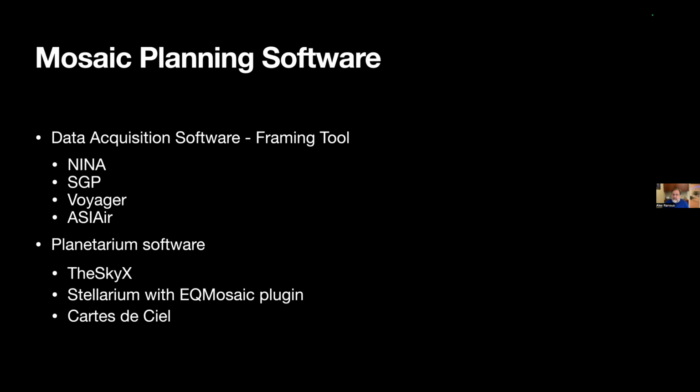I use NINA as my current imaging software. So I'm going to show some examples with that. In the past, I used Sequence Generator Pro. I think I did 1 mosaic with it, but similar kind of concept. They have a mosaic wizard, or sorry, a framing wizard which you can do mosaics with. My understanding, both Voyager and ASIAIR also have mosaic planning modes. So that's my recommendation, is to use